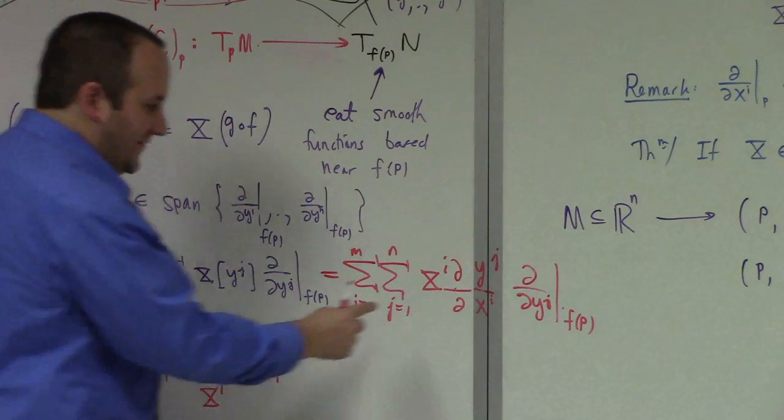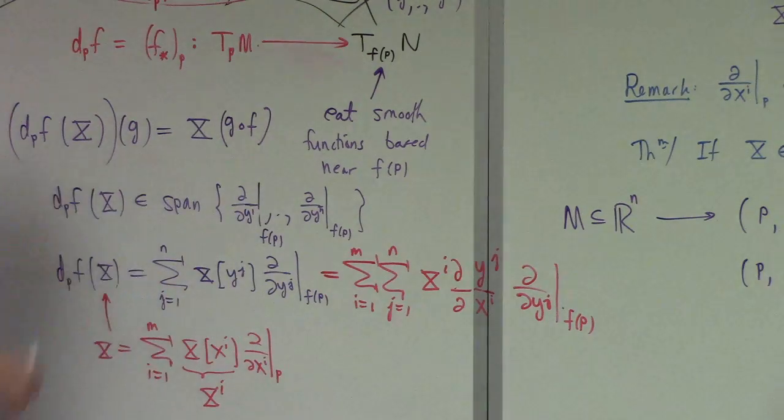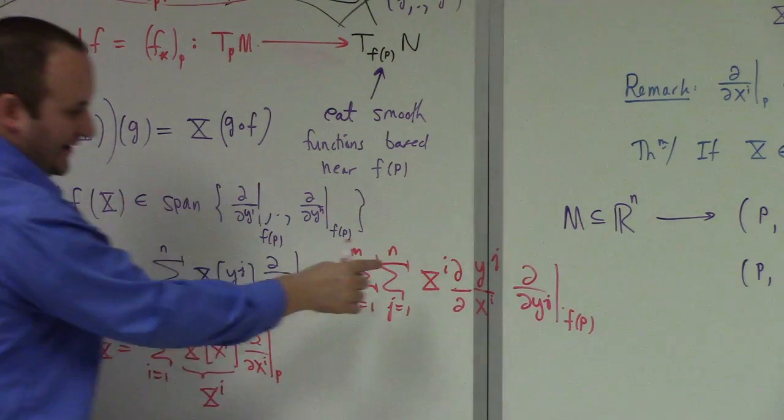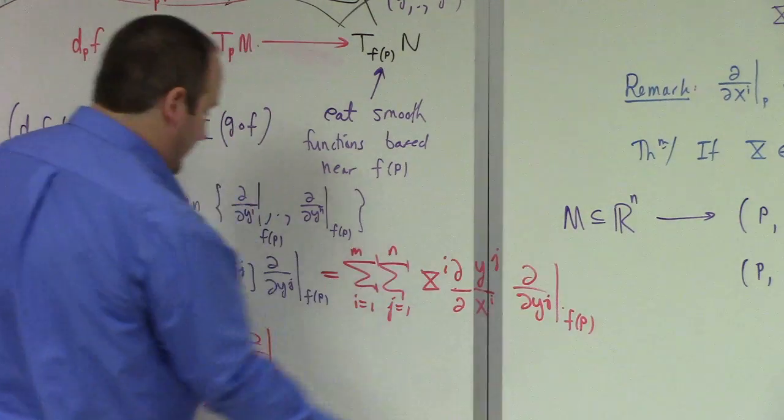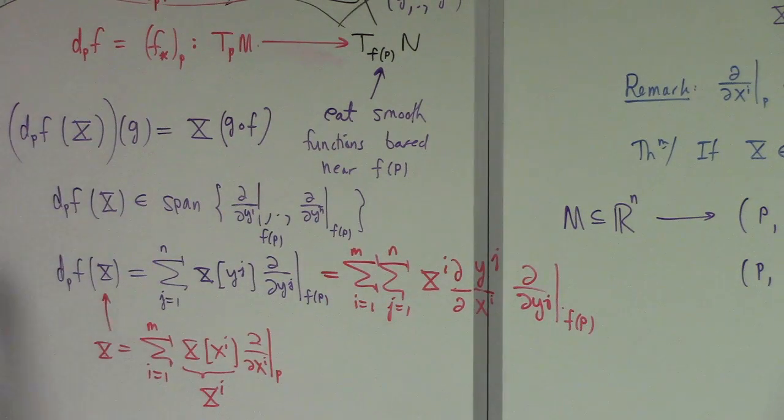You're like, well, by conservation of indices, that's what had to happen, right? I mean, you got the i contracting with the i, the j contracting with the j. The net result has no indices. It involves the coordinate system at p. It involves the coordinate system at f of p. This almost had to happen. But you could use this as a definition of how you calculate the push forward,